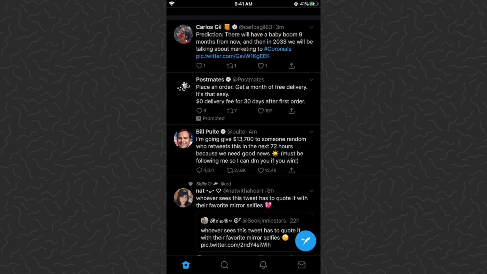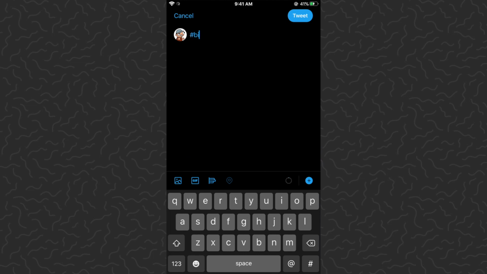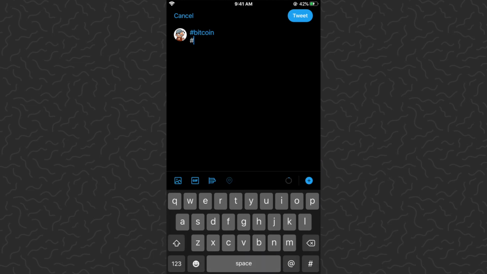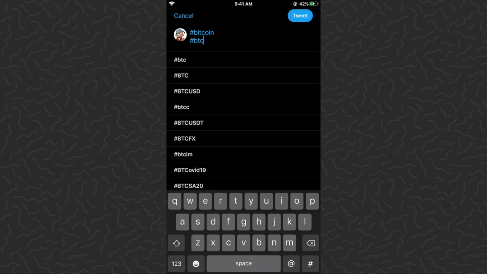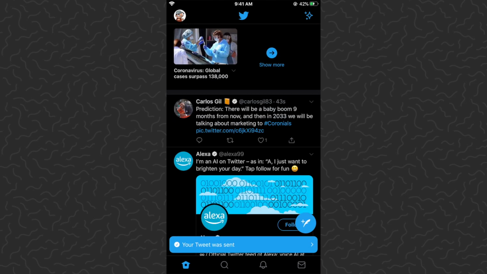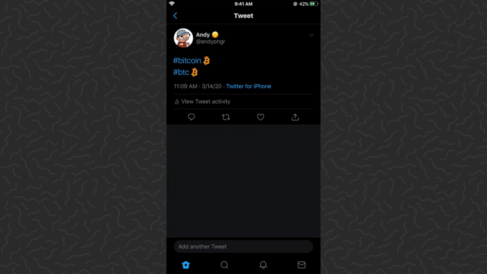Let's go ahead and tap the tweet button. And then how this works, basically you can just type a hashtag. So for the Bitcoin emoji, you can type hashtag Bitcoin or hashtag BTC, which is Bitcoin's ticker. And then all you need to do is tweet. Just go ahead and find my tweet here. I don't know where it is, so I'm just going to go to my profile. You can check me out on Twitter if you want, at ANDYPNGR. Let's go ahead and tap on my tweet here, and you can see that it added a custom unique emoji